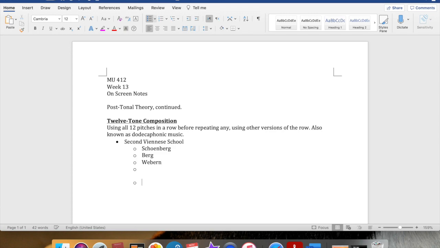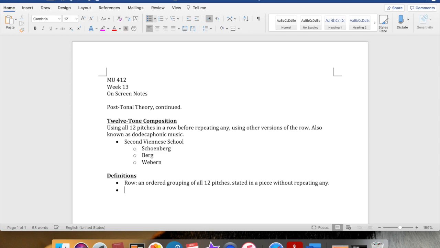So let's get into some of the actual terms that we'll be using. I've got some definitions. The first definition I want to give you is that of the row. It is an ordered grouping of all 12 pitches stated in a piece without repeating any.